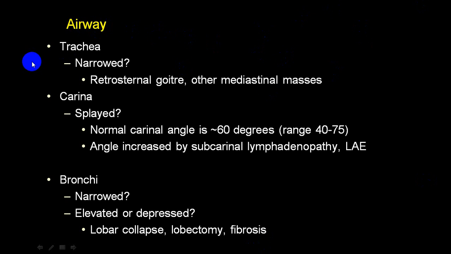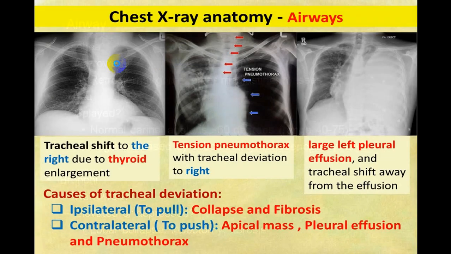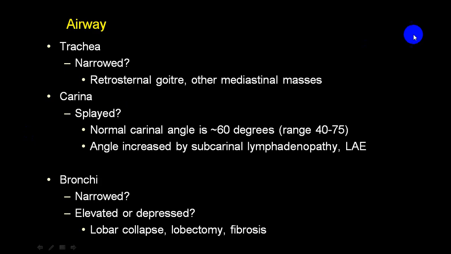During push, if the structure which is pushing produces more pressure, there can be narrowing of the trachea, which you can see here. If you look at this particular trachea, there is a little impression here. This is little narrowing of the trachea. So this can happen because of a little solid structure like goiter or a mediastinal mass.